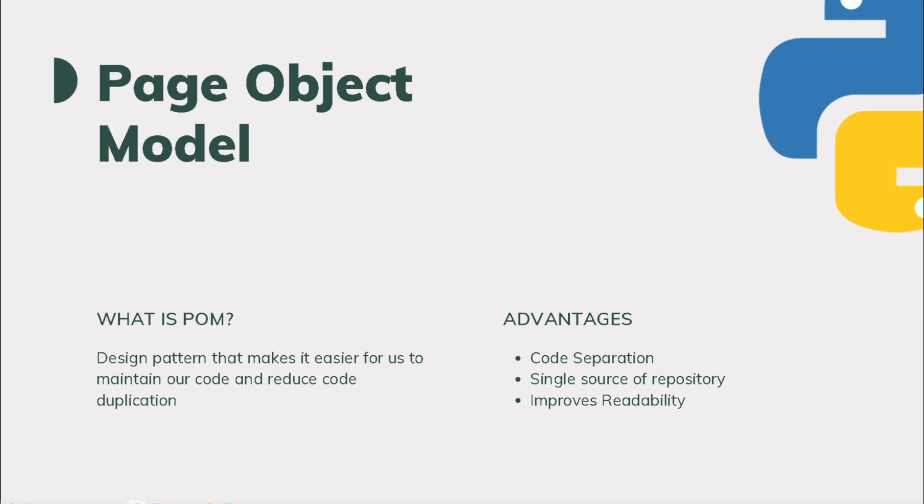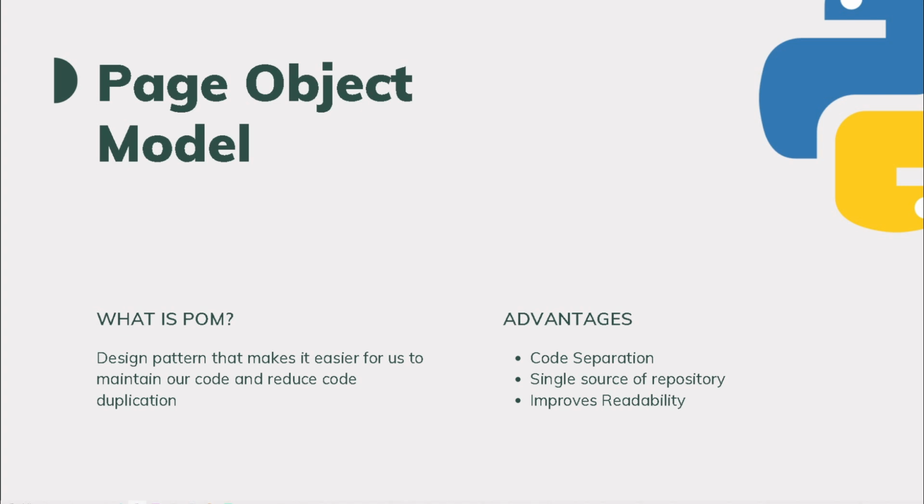Some of the advantages of page object model are that it provides you with code separation. Like I said, it keeps your test and locators separate, and it makes your code clean and easier to understand and maintain. It also provides you with a single source or repository where you're storing your locators. So all your locators are stored in one place. Whenever you want to make a change, you just go to that repository and make that update over there, and it gets updated everywhere else. So your tests become short and optimized, and we can reuse our page object methods. It also improves the readability significantly and makes it easier for new team members to start writing tests by following the existing structure.